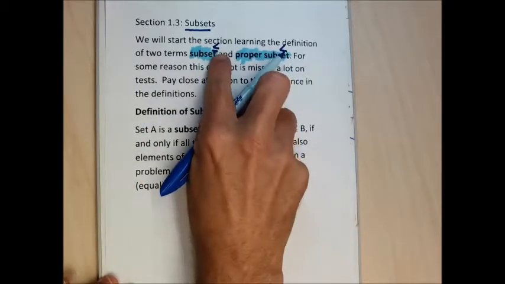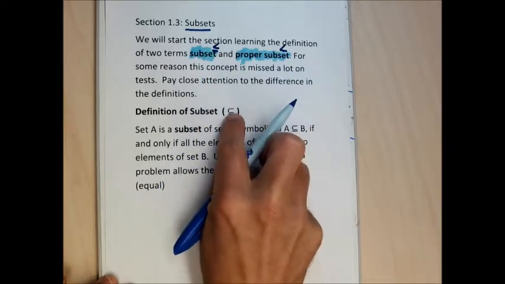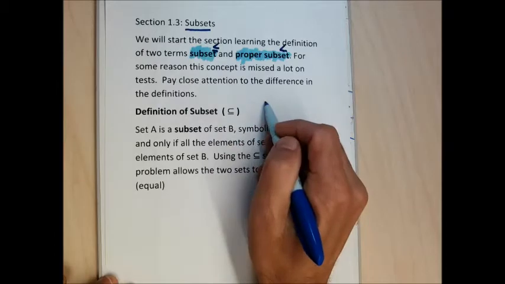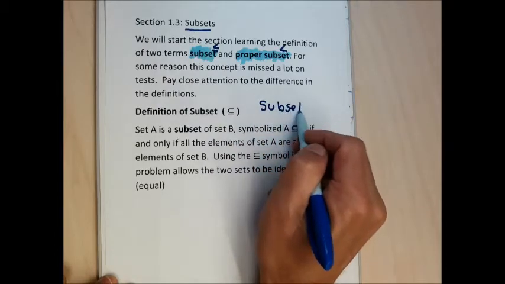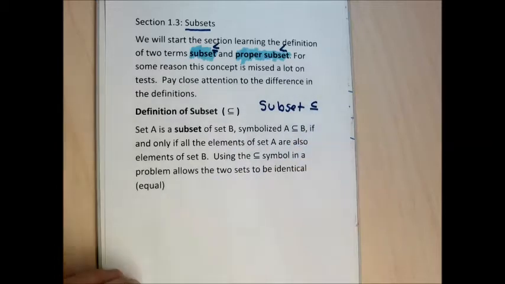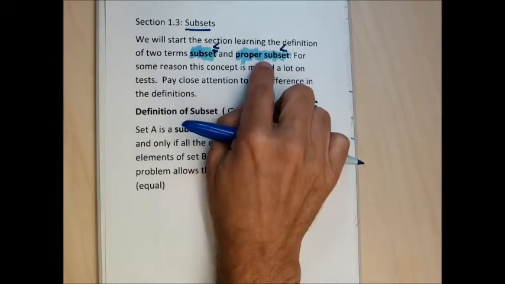Notice I put less than or equal to up here. That's not really the symbol, but it's kind of similar to a less than or equal to in terms of how it works. But this is the symbol for subset. So the symbol for subset is that symbol. And in order to talk about the concept of subset or proper subset, you need to have